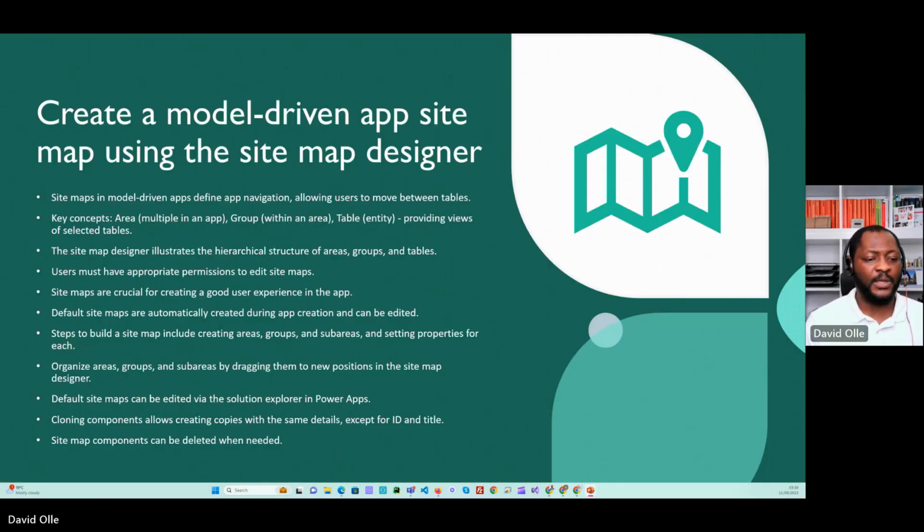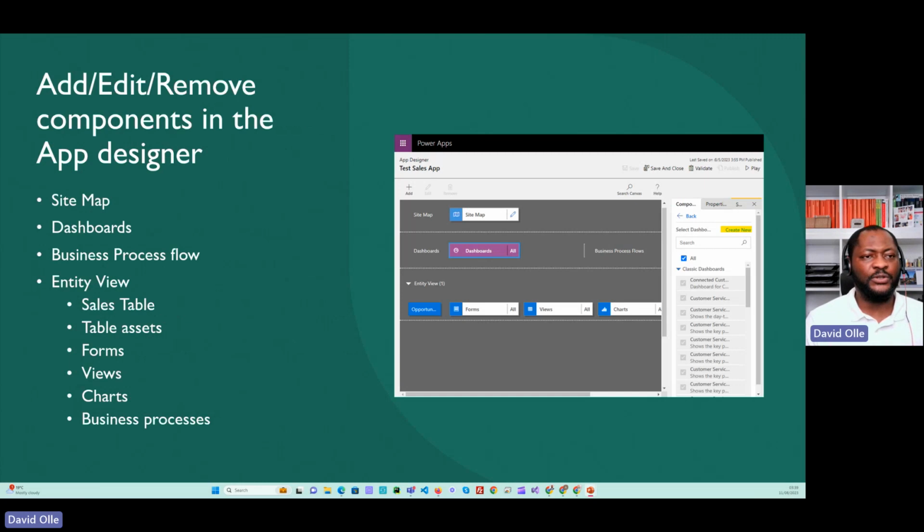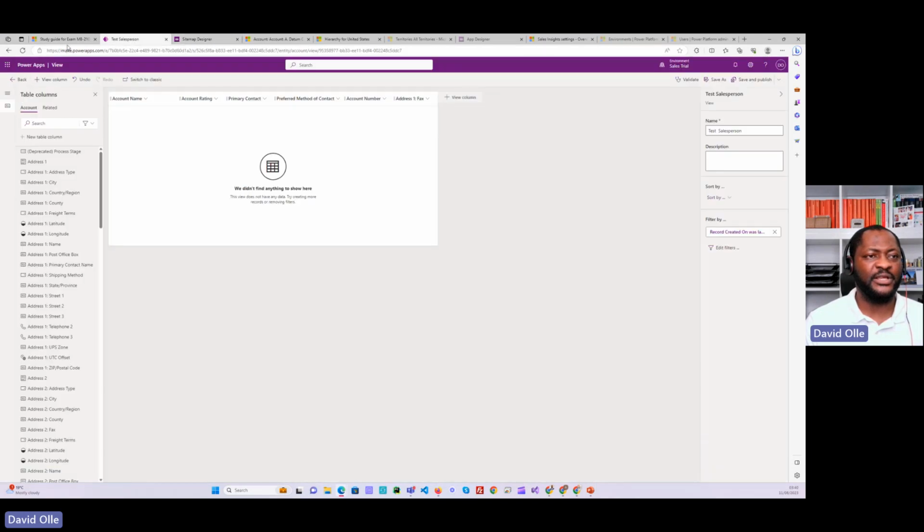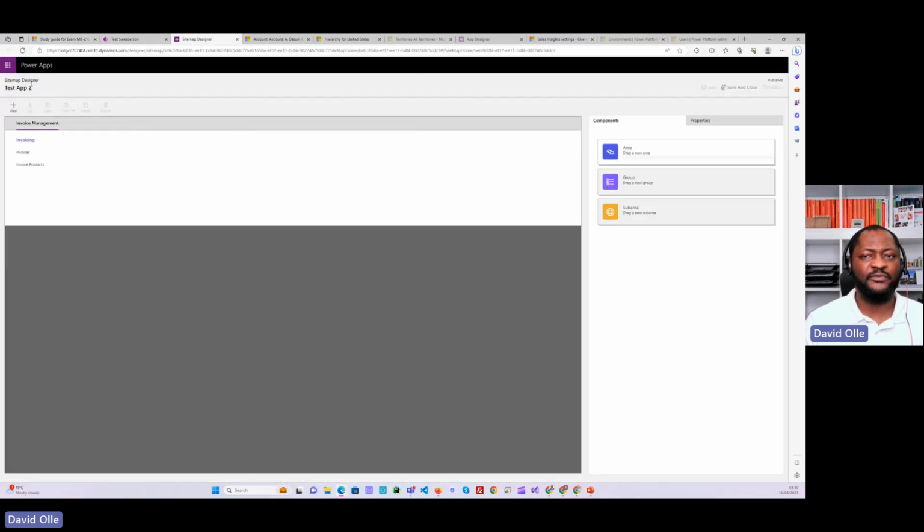Fantastic. So now we've already looked at adding, editing, removing. Obviously, you can remove your components. You can remove your sitemap if you don't like it. But sometimes when it's already attached to a solution, you find out that you have to